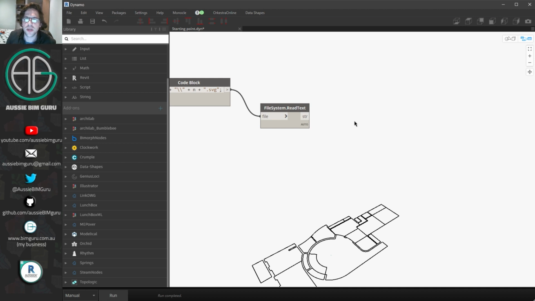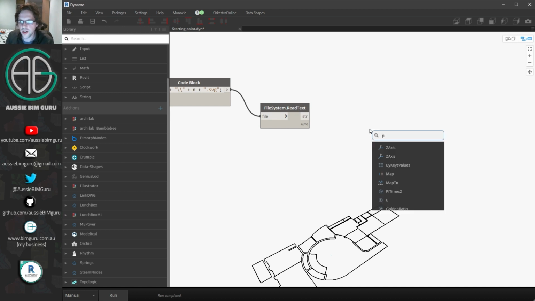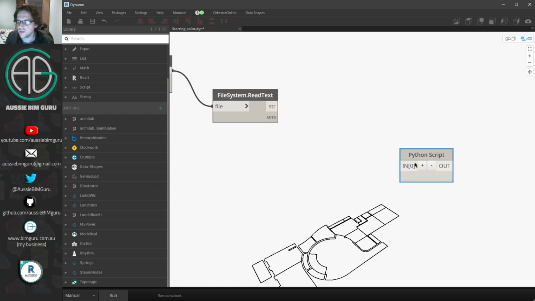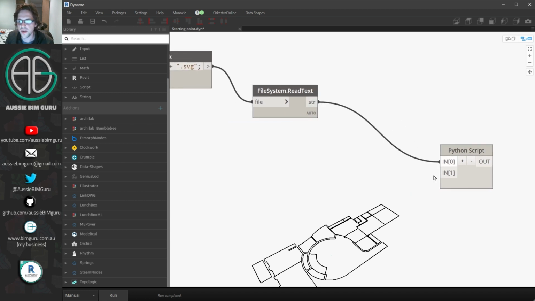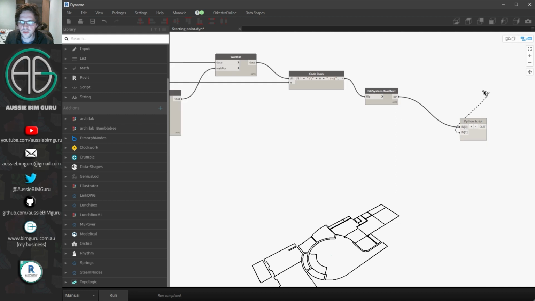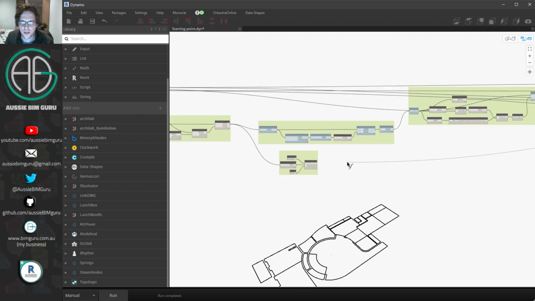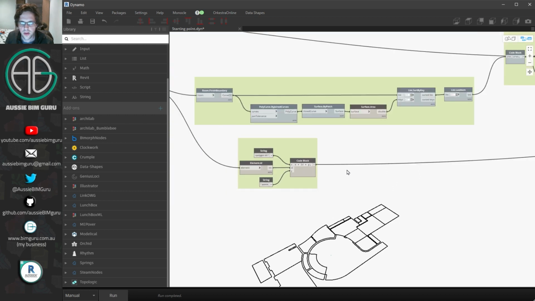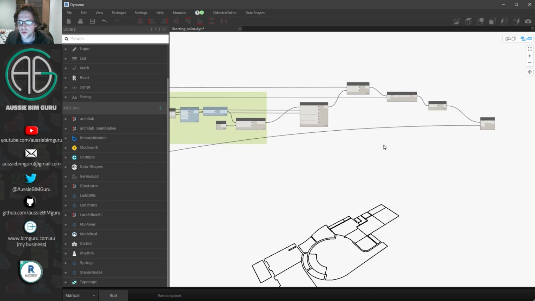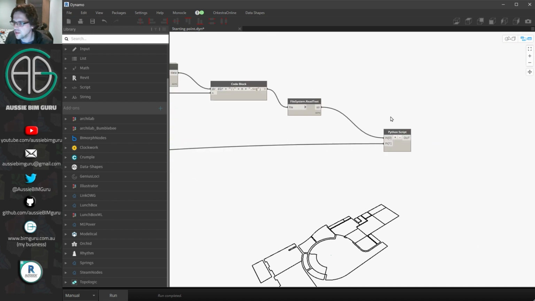I couldn't really find a good way to do this in Dynamo, so I decided to write one using Python instead. It's a very simple Python script, so if you don't know how to use Python, don't worry, I'll run you through it. So you're going to create a Python script, and you're going to add one extra input. Now our first input is our file. Our second input is going to be this special list of new front lines to each line. And essentially, we're going to be searching for something to match. In this case, it's going to be that polygon points leader, and we're going to replace this with our special